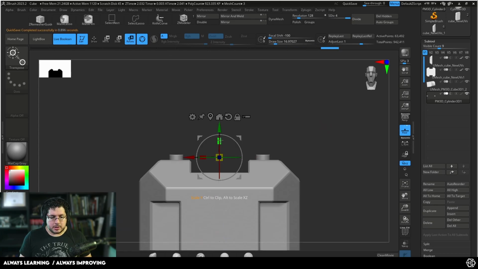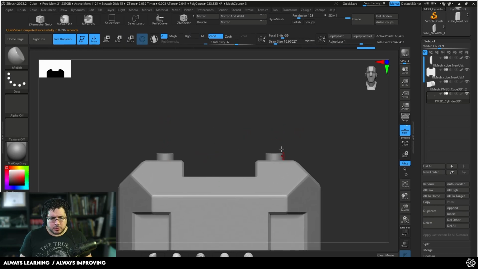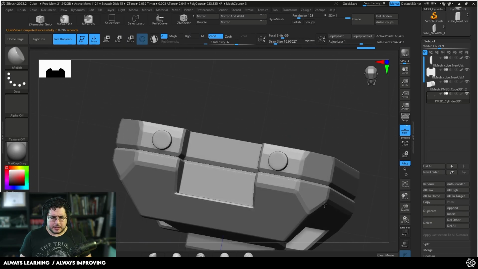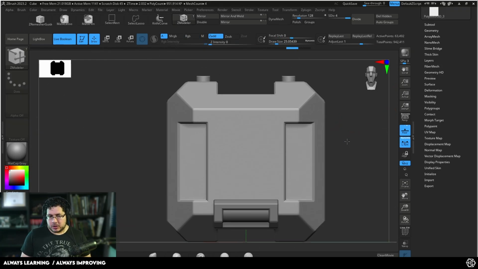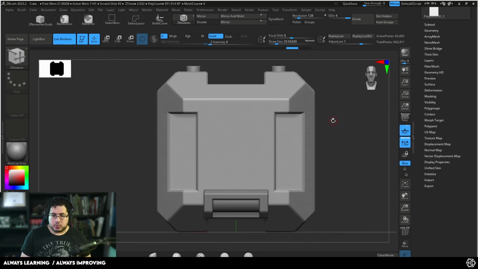Let's center the pivot point so that the scale works a little bit better. There we go. And now we need to create, of course, the basic handle. Very well. So for this next part, we're going to go through some basic poly modeling techniques, which we normally